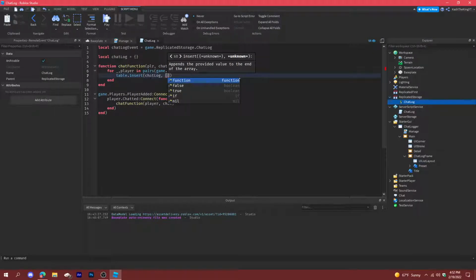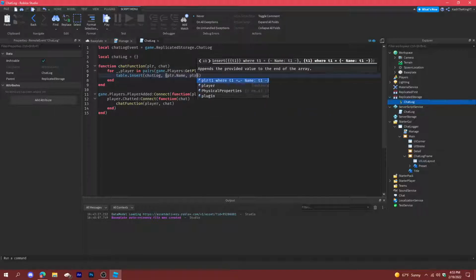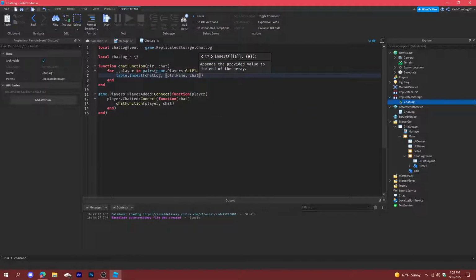So you could do it like this, and then player.name, and then just chat. Okay, so then that will show what they're saying, and now it does that, but we're gonna make it so whenever this table changes,